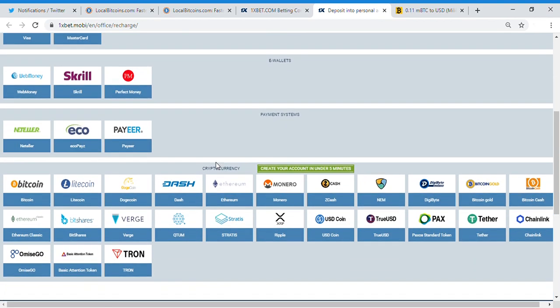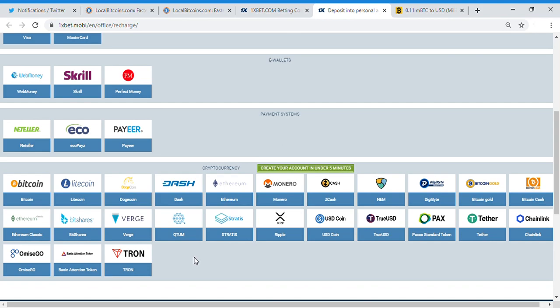The alternative is cryptocurrency. Here's where you're going to learn about Bitcoin deposits and withdrawals. So we're going to learn how to deposit into 1xBet using Bitcoins. The first thing I'll do,